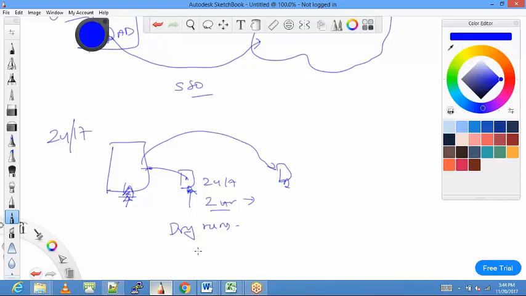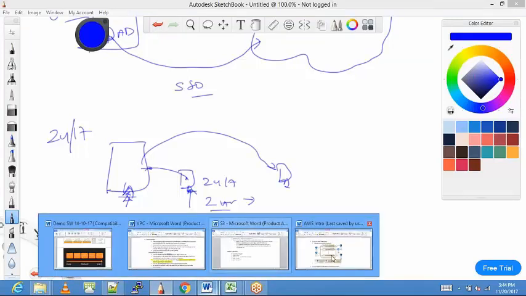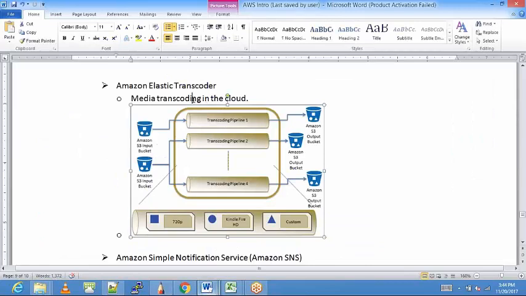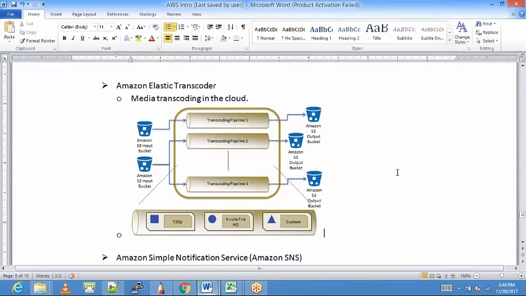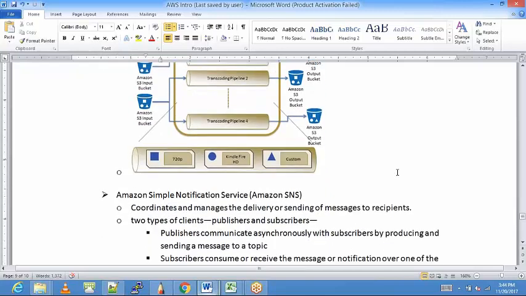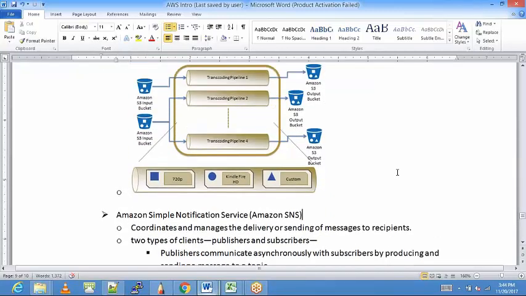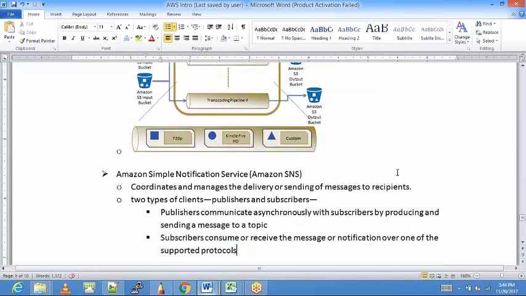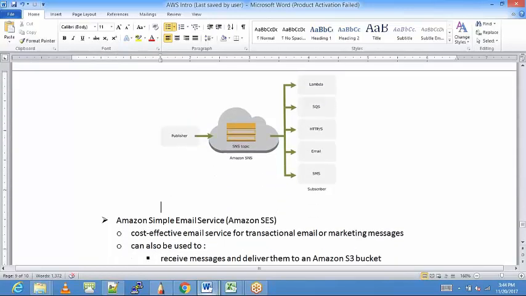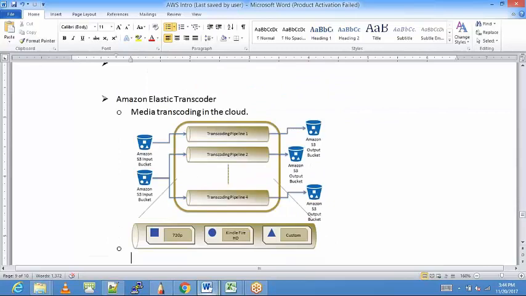So we have a service that can take in the data and convert it. And so that's number one, platform as a service. And there are a couple of other platform as a service offerings we will discuss. The second one after the transcoder is